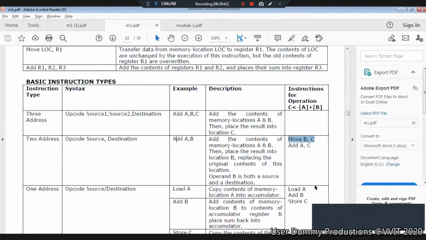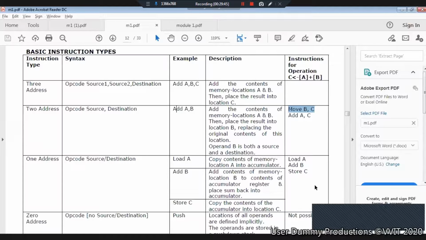Now tell me. And then it's 1 address instruction, where there is only one operand. The contents of memory location A will be stored in something called the accumulator. Load A, what load does is copy the content of memory location into the accumulator.